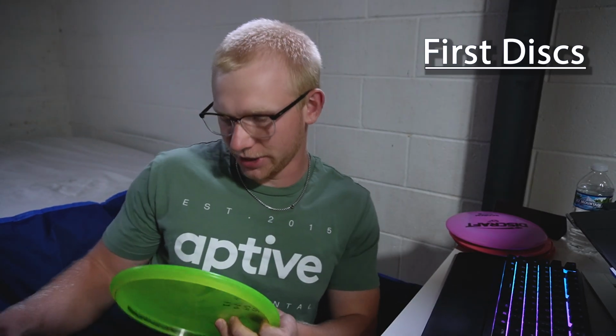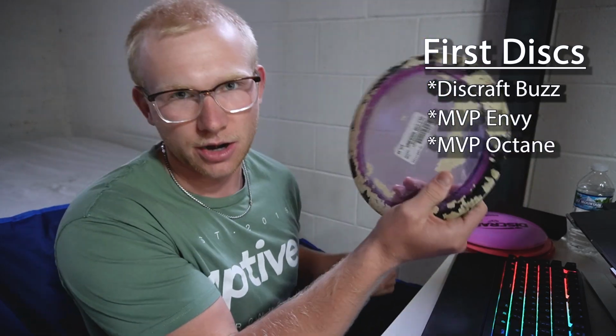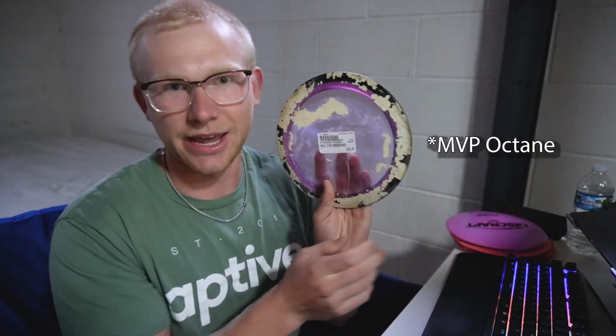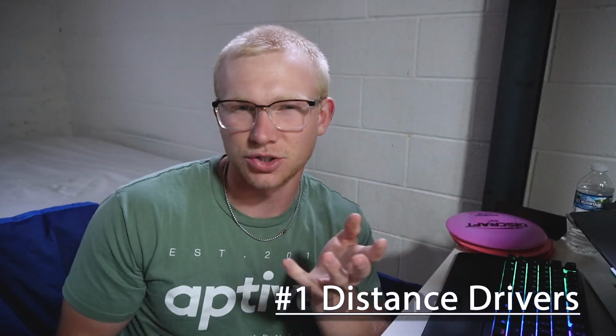Now, I think we should go back to when I started way back in November. I actually do have my 3 discs that I started with. It was the Buzz, an Envy, and an Octane. Now this Octane is a 13 speed, and that brings me to my first point with distance drivers and my